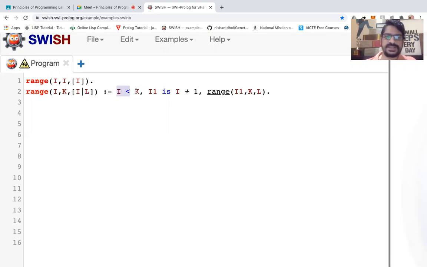If this condition is satisfied, then we take another variable I1 is I plus 1, and then we call the function again to generate some more data. And it is increasing by 1, right? So the gap between the initial element and the final element is 1. So there are no other options we have.